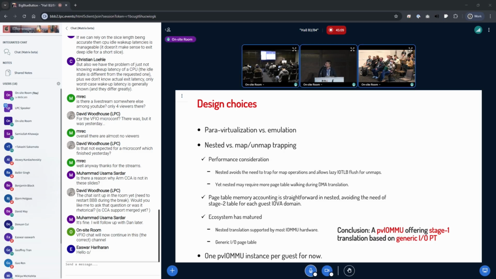And also we admit that if the IOTLB misses, yes, nested translation requires more page table walking. So we will maybe perform more evaluations. And another important reason we choose nested is because